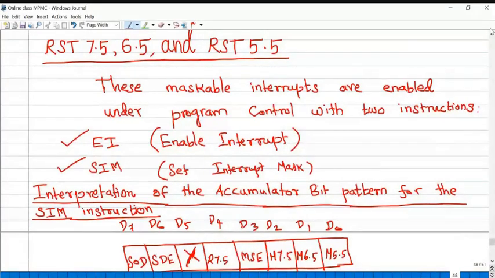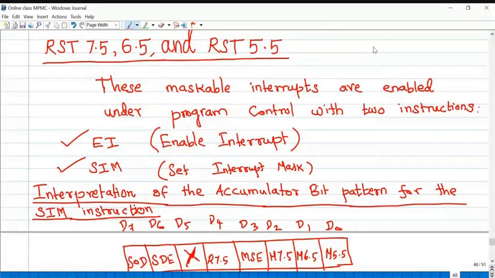In the previous three classes, we briefly discussed the interrupt structure of the 8085 microprocessor and how the microprocessor handles the interrupts, and the timing diagram for the INTA machine cycle, like opcode fetch, memory read, memory write, IO write. INTA acknowledgement is a kind of machine cycle. Those topics we completed in the previous classes.